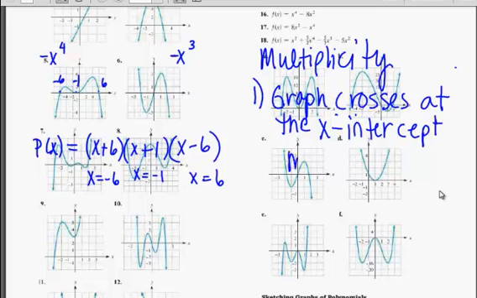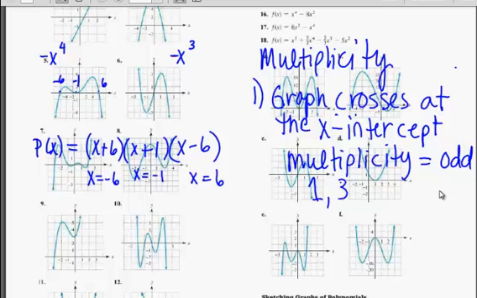The multiplicity is odd. Now, most of the time, it's going to be a multiplicity of 1, but we'll see a couple cases where the multiplicity is actually going to be 3. Okay, and it could be 5 as well. If the graph just touches and does not cross,